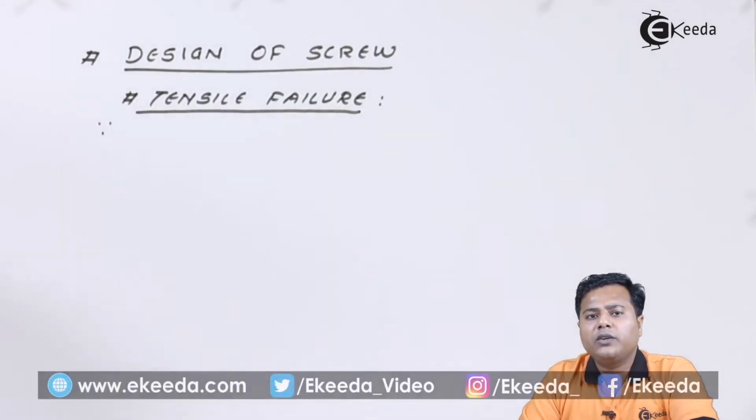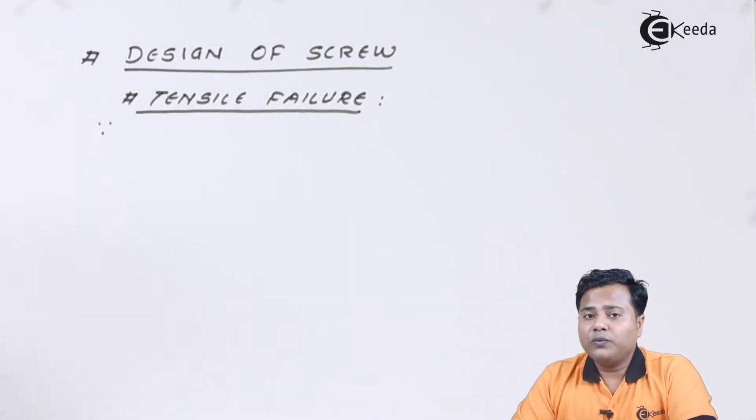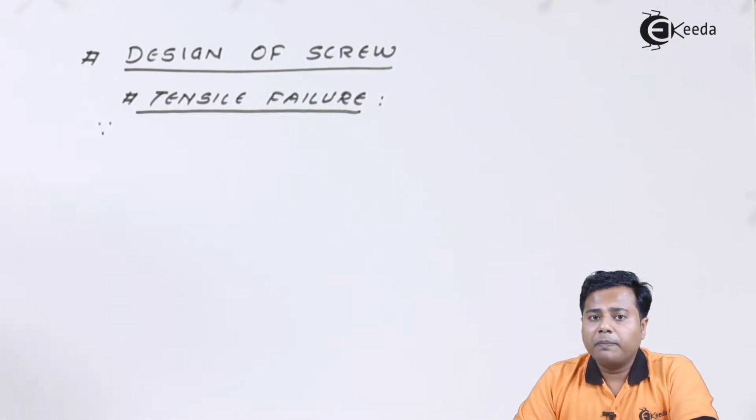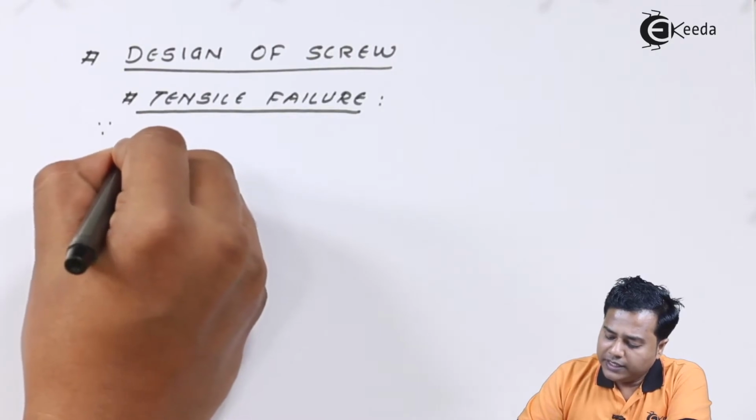In this lecture, we are going to look only at the design of the screw. In the next lecture, we'll be dealing with the design of the nut and other parameters. So we know that the screw fails mainly under tensile failure, and hence the tensile load